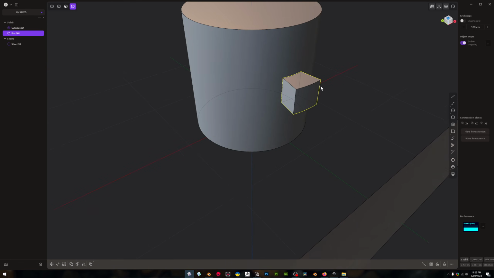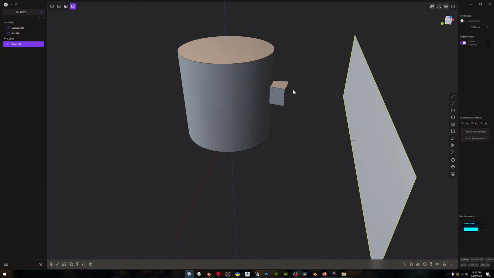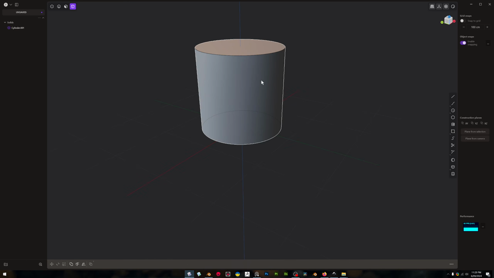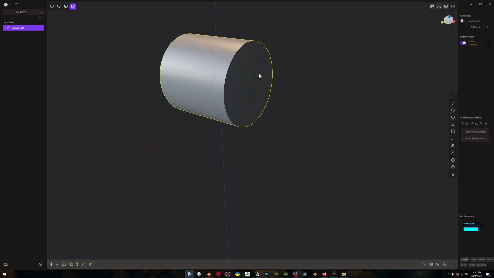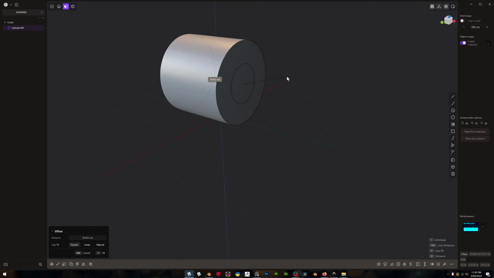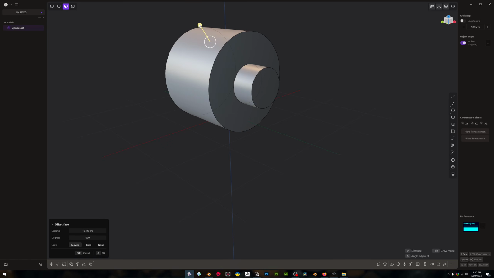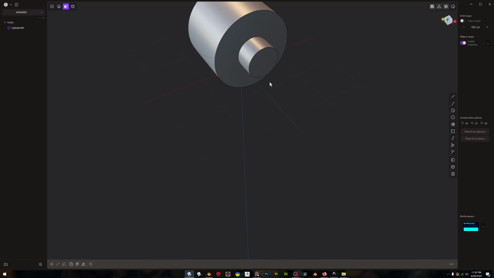So as you can see, this would be really useful. So let's try something else. Okay, we'll stick with the cylinder. We'll rotate it X90. Okay, and let's just play around with the cylinder for a second. Let's do an offset here. Now this is an example that Nick did on his intro, so we'll show how you can do this. So what we want to do here